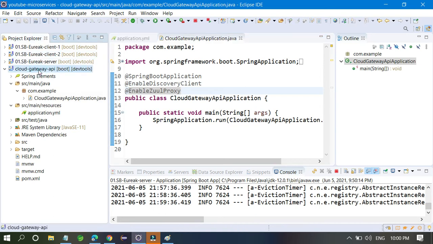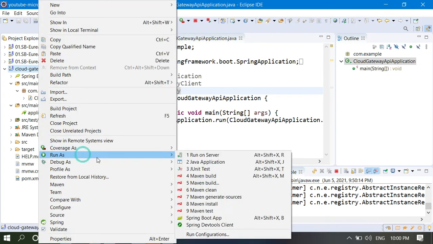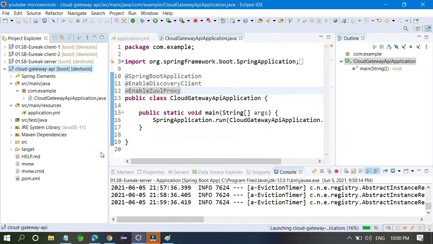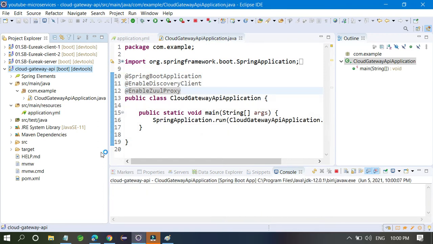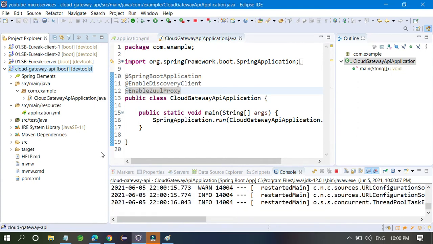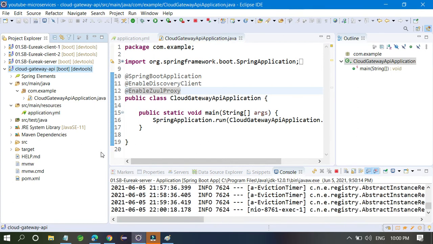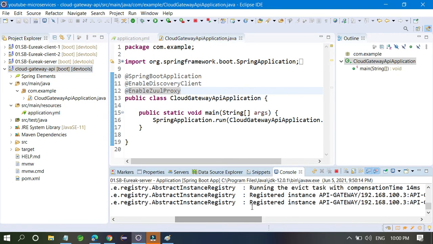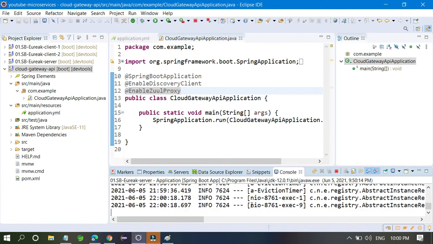Just run your API gateway application. Our API gateway is also running on its port number. Here you can see whether our API gateway is registered with Eureka server or not.